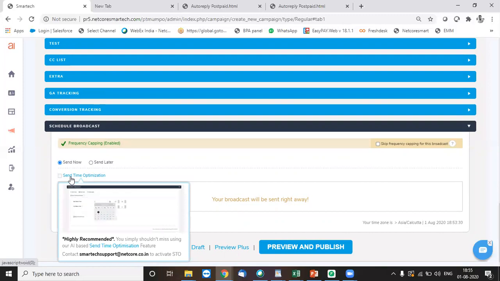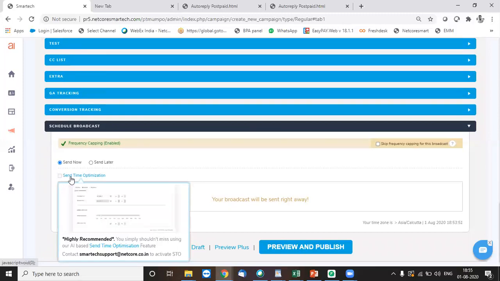So let's say person A has a preference of opening his inbox mainly between 8 p.m. to 9 p.m. and person B has a preference between 3 p.m. to 4 p.m. When the email is blasted, let's say you have done it at noon, 12 p.m., the email would not immediately go to them.